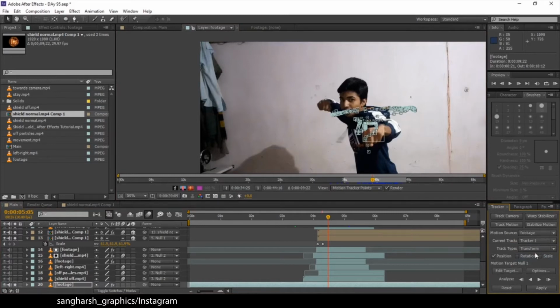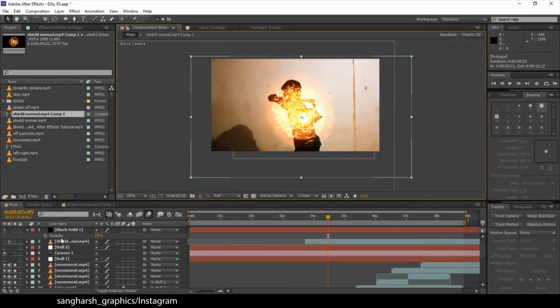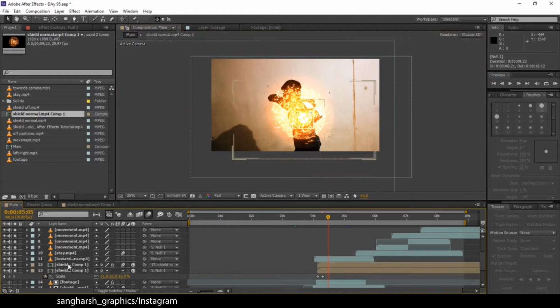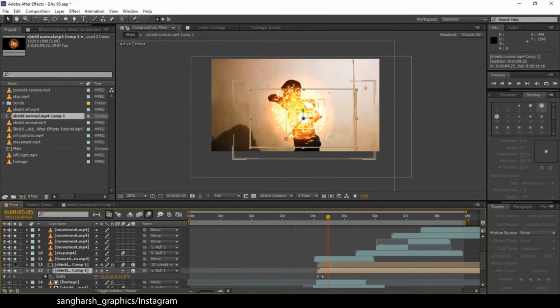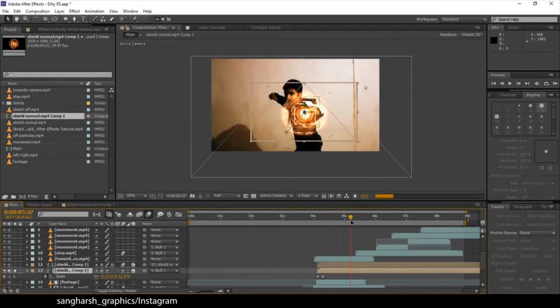I tracked the hand here, created a null object, edited the target from here and applied the track on null object 1, and I parented the main shield to the null object 1. So now my shield is following the null object's position, like this.